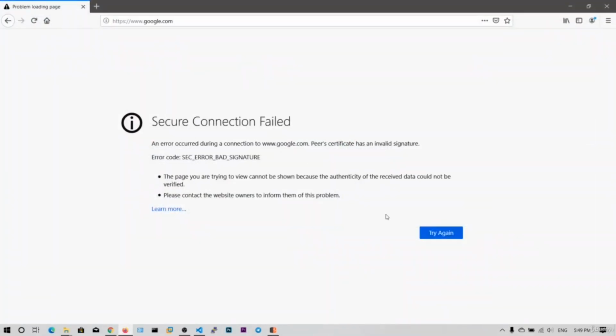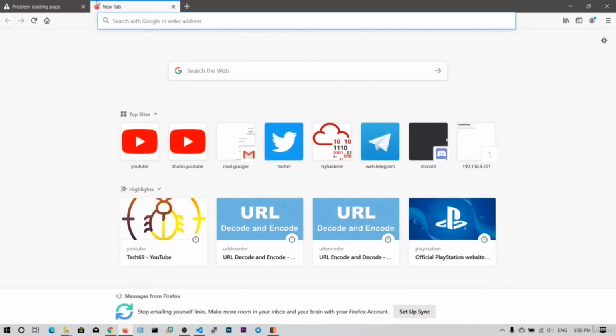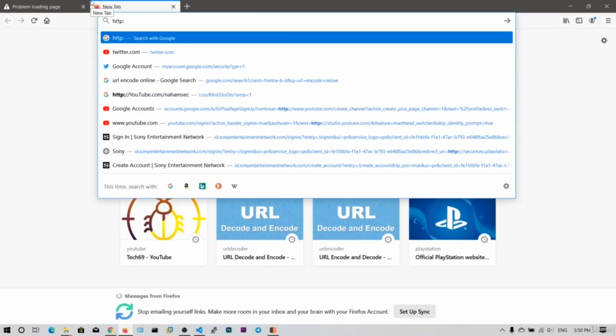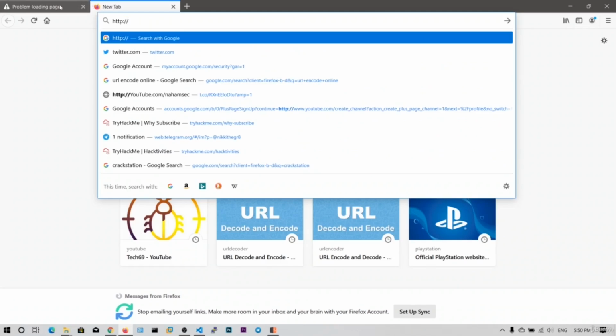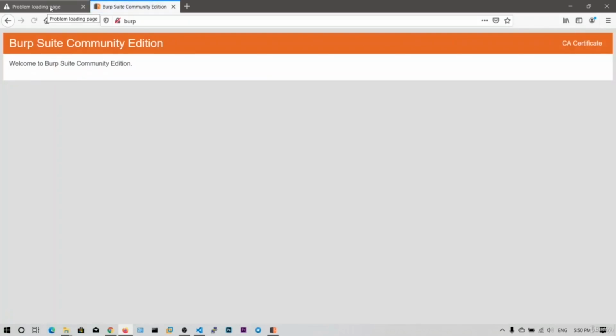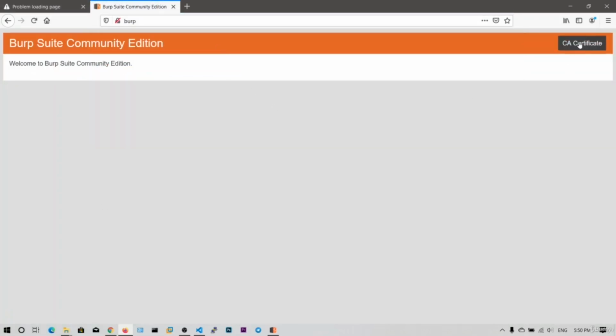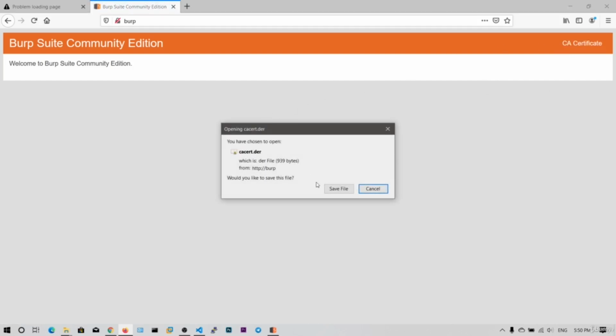So you can see secure connection failed, try again. So what we want to do is we need to install the Burpsuite CA certificate. Without that, it won't give the secure connection to us. So you type in http://burp and you will get this page. You need to download the CA certificate and save file,